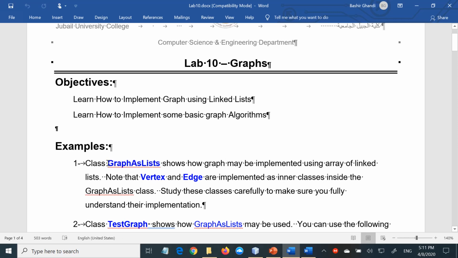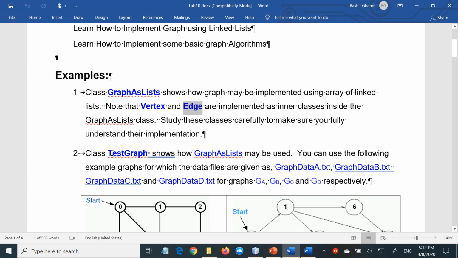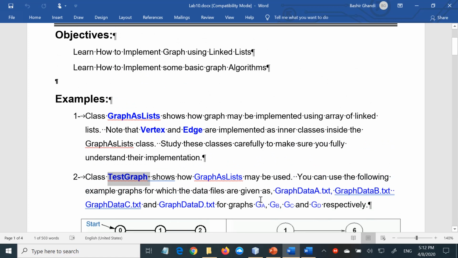So we'll see a class called graph as list, and inside it has 2 inner classes: vertex to represent a vertex of graph, and edge to represent the edge of a graph. And then as usual we have a test class, a main class that will allow us to test the graph as list. Okay, so I will go to NetBeans and try to explain as much as possible how we implement this graph as list. Okay,